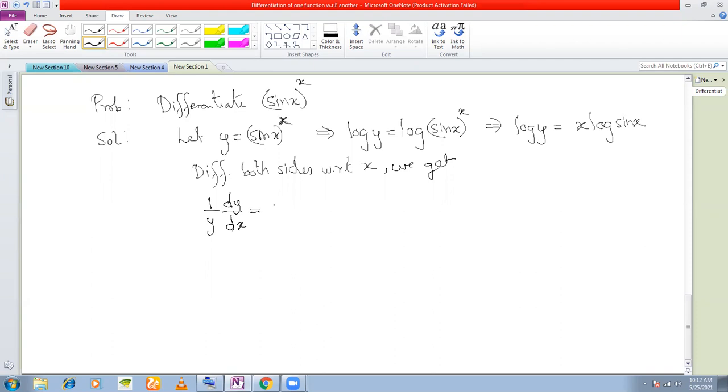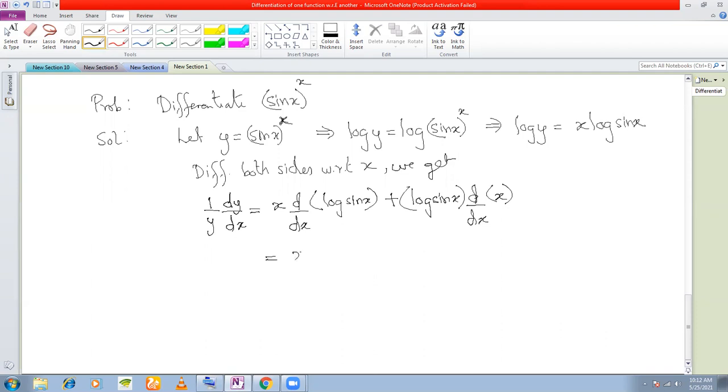So we use u into v rule. So x ddx constant. Log, not constant. ddx of log sine x. X is not constant. We are simply using uv rule. Okay. Don't say x is a constant. Yes, the treatment is somewhat similar.